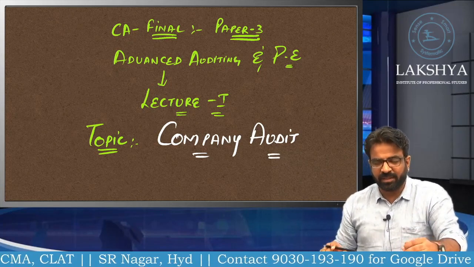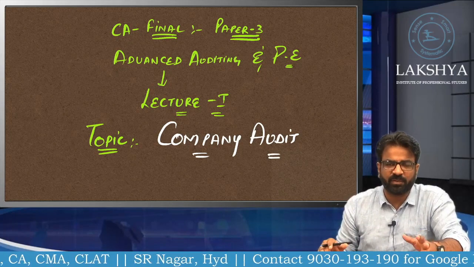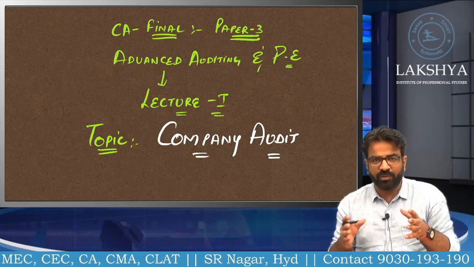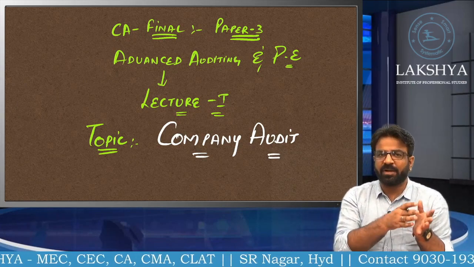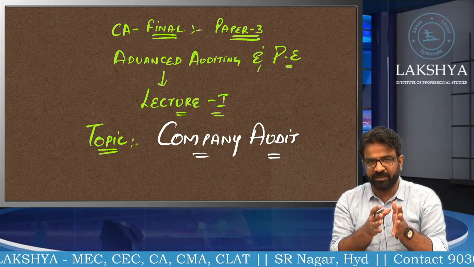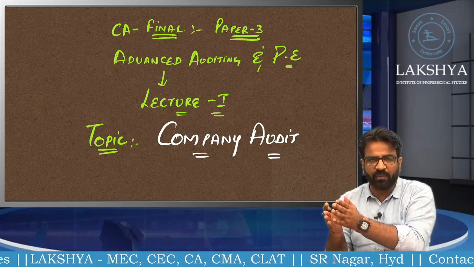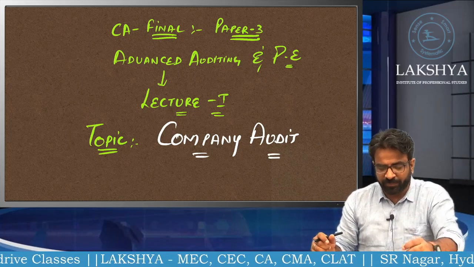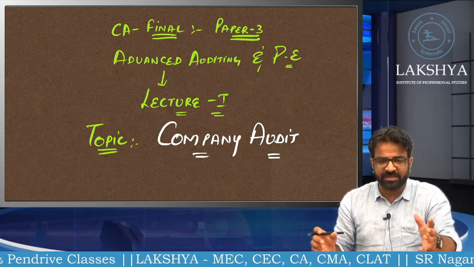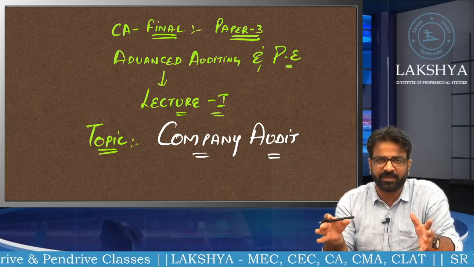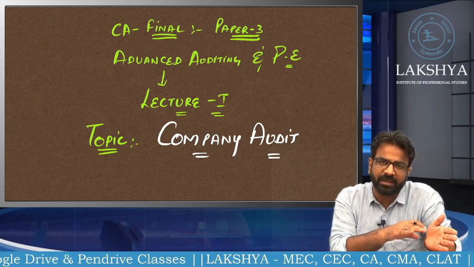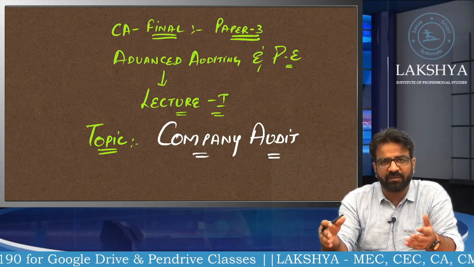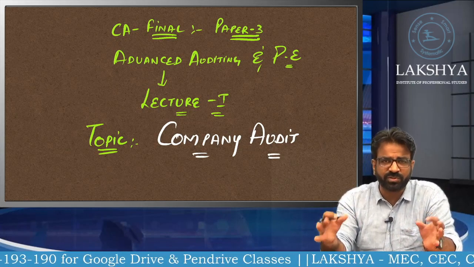As in the earlier class, we had an introduction about our subject, Advanced Auditing and Professional Ethics. As I told you in that introduction, some part of the Intermediate and IPC level portion you have to carry forward in your CA Final Advanced Auditing also. One of the biggest topics which is similar, 120% similar, whether you are doing it in your Inter and IPC level, or in your CA Final level, most of the portion is same.